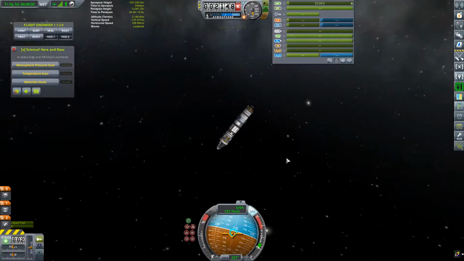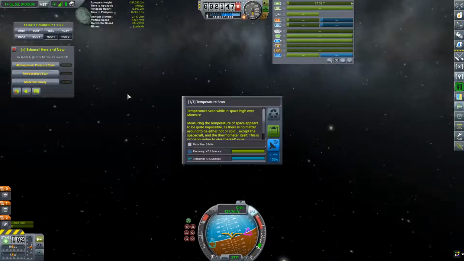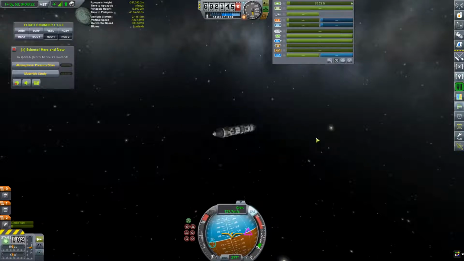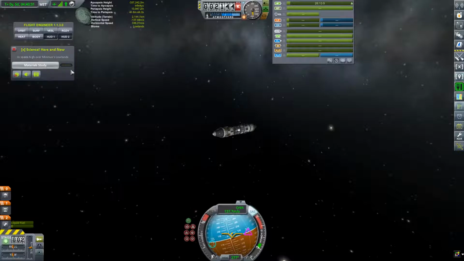Alright, let's start doing some science here. Alright people, here we are, we're back, and we are in high Kerbal, or high Minimus orbit, and we're going to get all the sciences, and... Why is my power low? Do I have, like, no power? Okay. Let's keep these experiments...